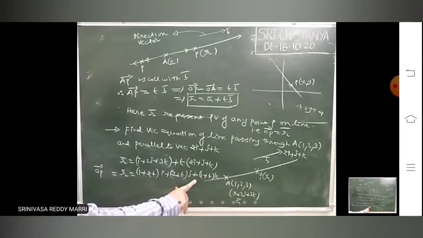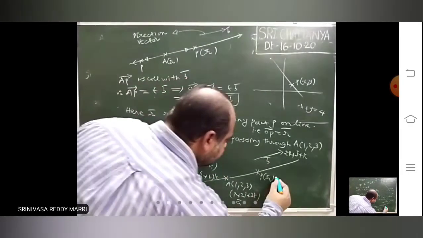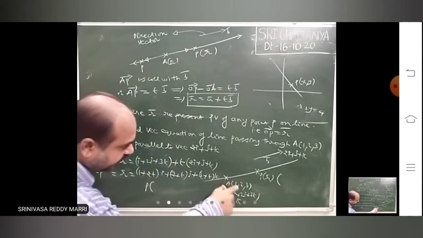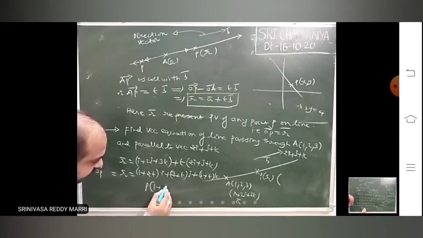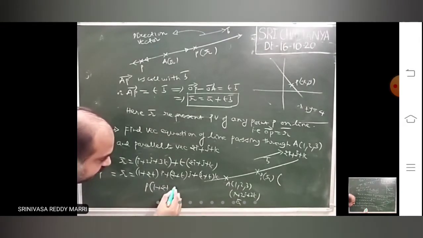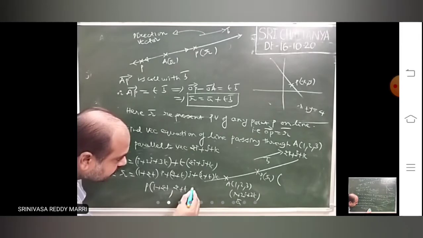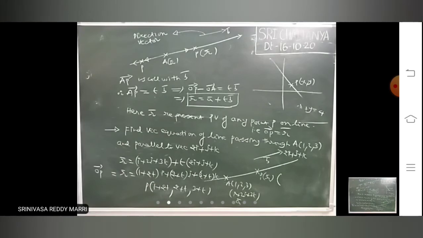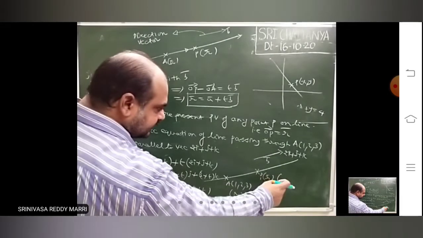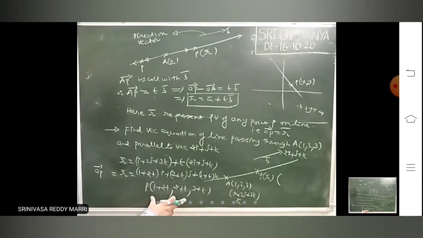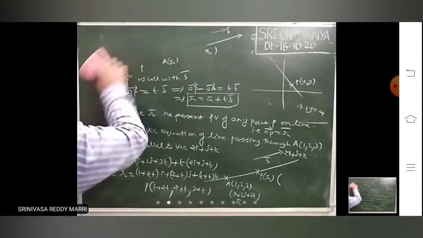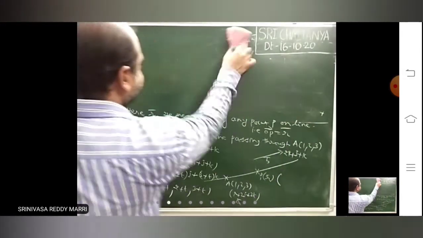R bar equals, this means the position vector of P. Suppose you have to write this point, what is that point P? This is a vector. Here the point means the vector written. On that line, any point will be in this form. This point P is nothing but the position vector, this. For every point on the line, there will be one value of t.